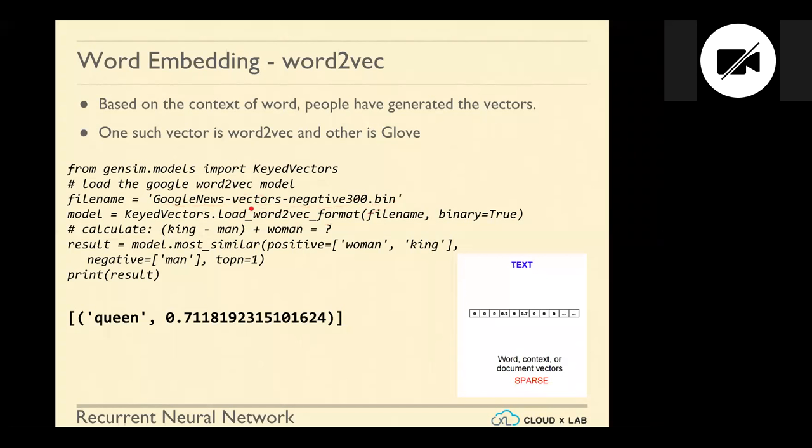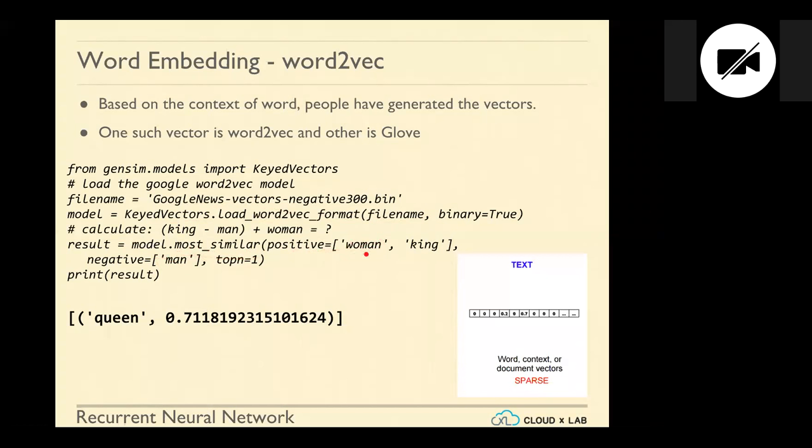Okay, so here we are saying load these vectors. These are a predefined list of words having the vector representation of all of the words. So here we are saying load this file, and then we are asking the model, can you give me the most similar values to the resulting value. We are saying positive woman and king, and negative man, which is equal to take the vector